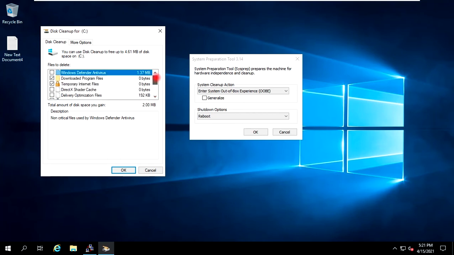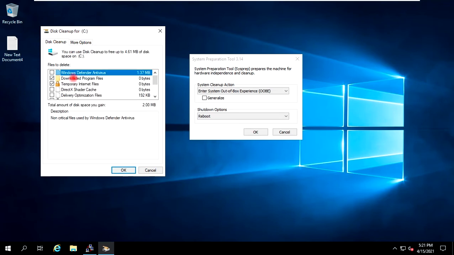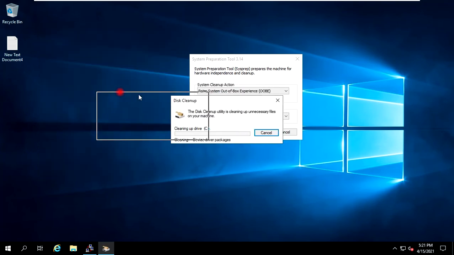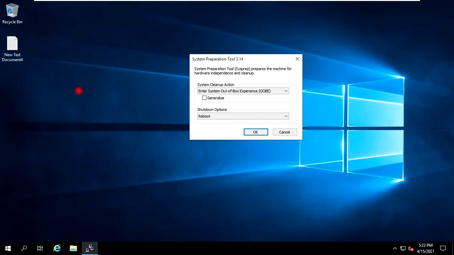We have to delete all the maximum possible files which we can delete, so that unwanted files from the C drive get removed. I will click OK, delete files. This cleanup has completed.